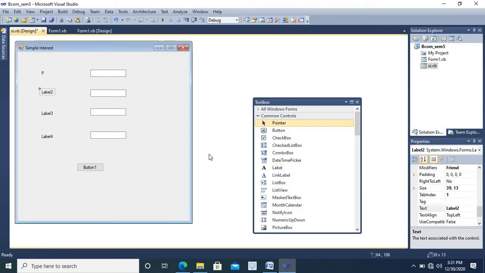In the similar way, select the second label, it is T. The third is R, and label 4 is simple interest.